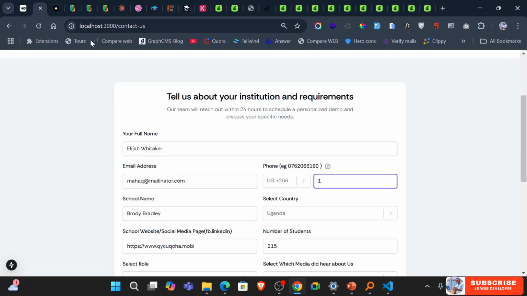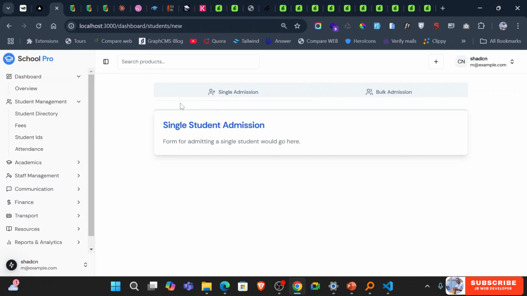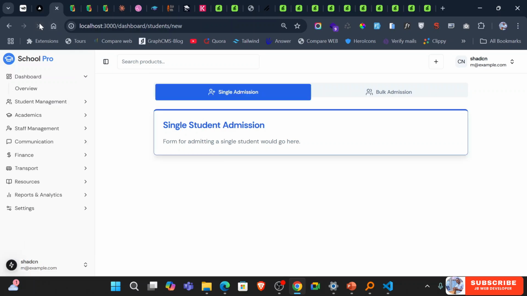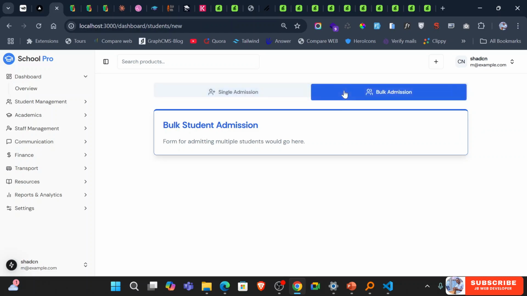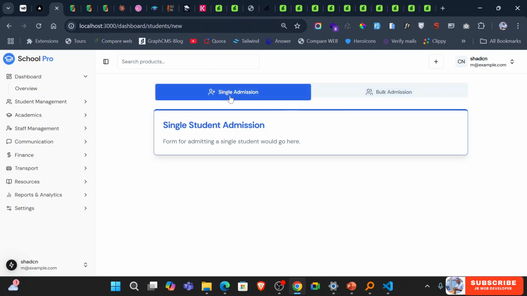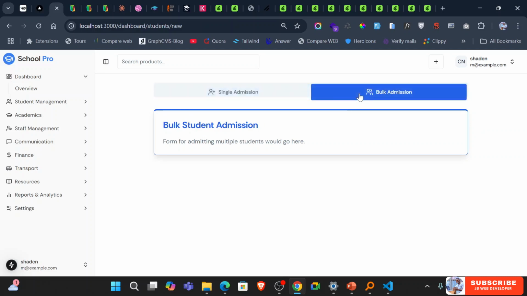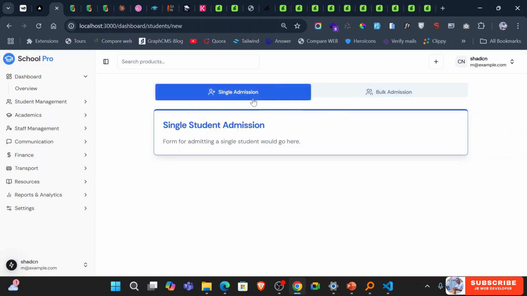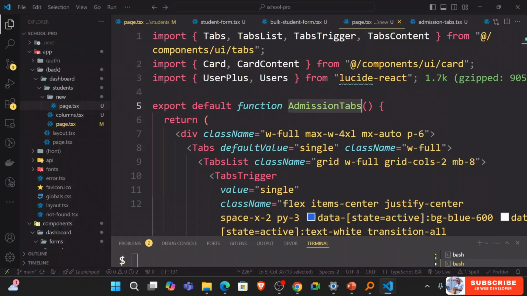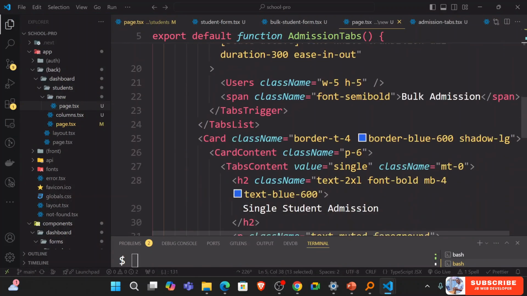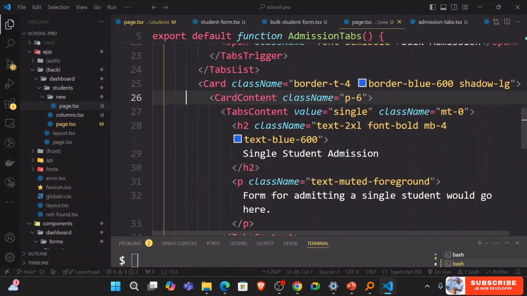And if you just go back here, we still have the, okay, this is not looking good. Okay, so you can see we have now this blue color. If I just do this, it is good. Okay, this can be worked on, I think, but this basically looks great. You can say single admission or bulk admission, and we can have these ones. So for the content to show inside those ones where we have these cards,